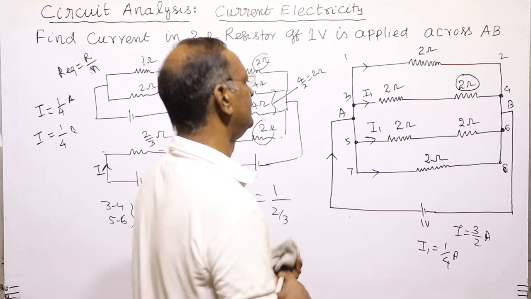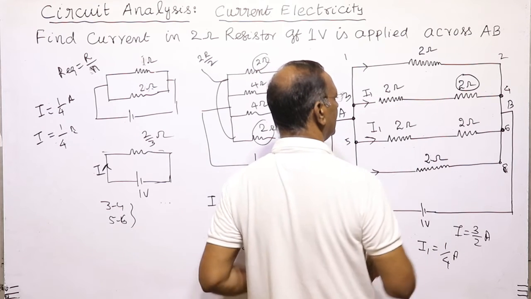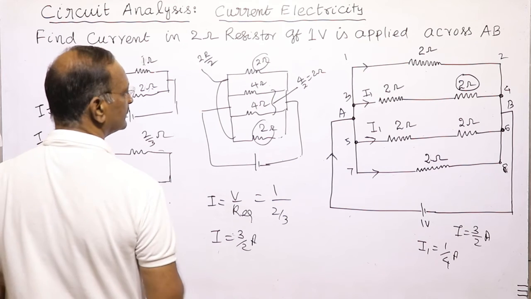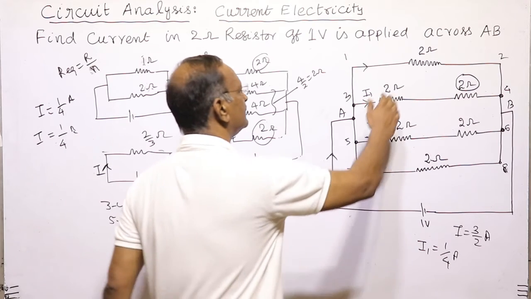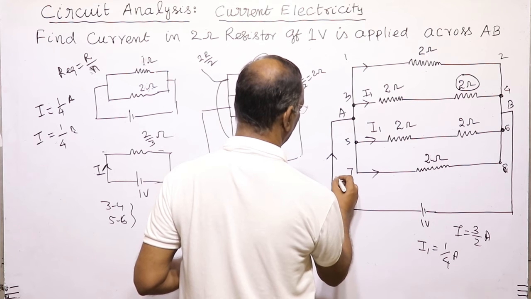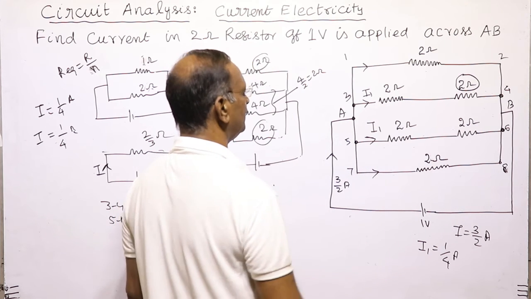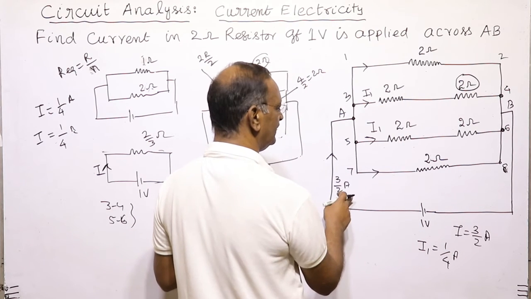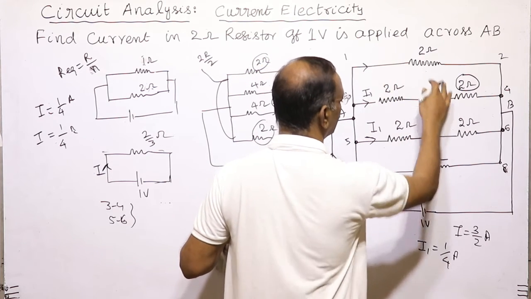See, it is very well understood. Both are identical circuits, so identical resistors mean identical current will flow. Anyway, we have made the calculation. I is equal to 3 by 2. Now 3 by 2 ampere is flowing here. Here 1 by 4 plus 1 by 4 means half. Left out is 3 by 2 minus 1/2, so 1 ampere will flow, and it will be shared half and half because both are identical.